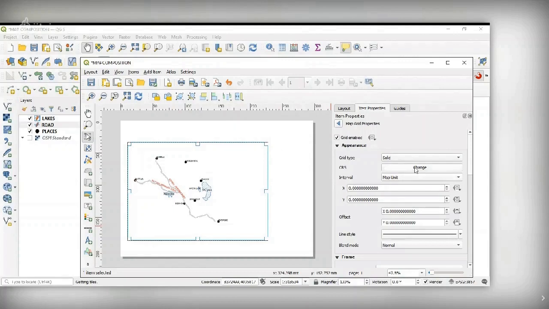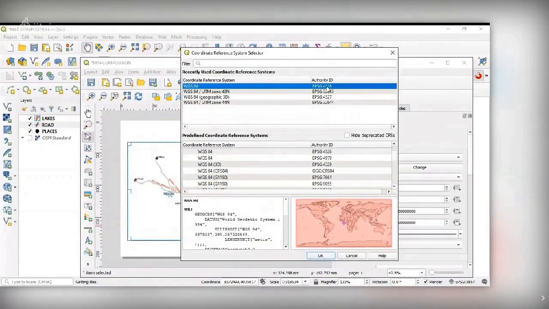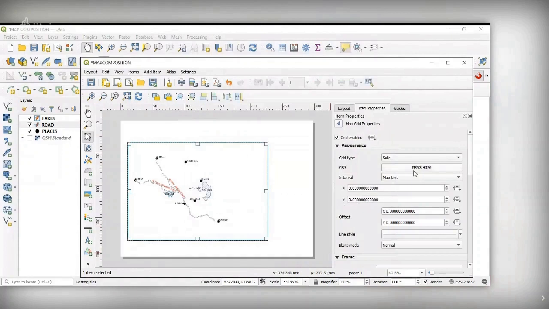So that is the frame part, and a map should have coordinates also. If you want to suppress the coordinates, you don't give the grid, but if you want to display the coordinates, that you can do with the grid option.